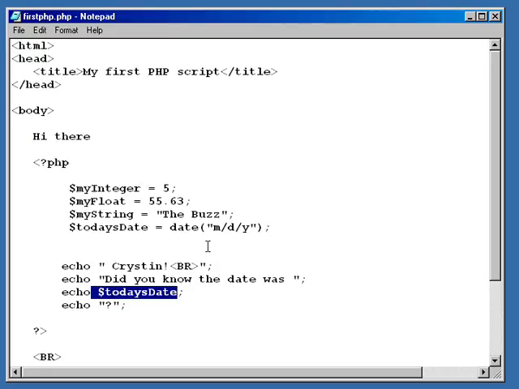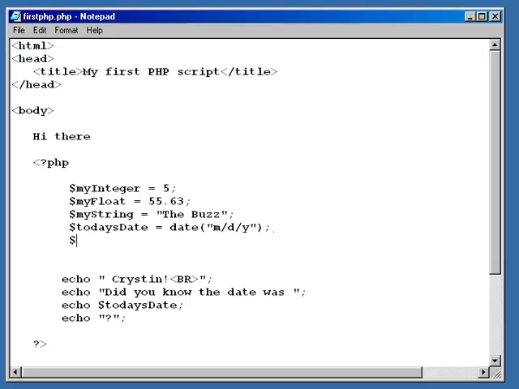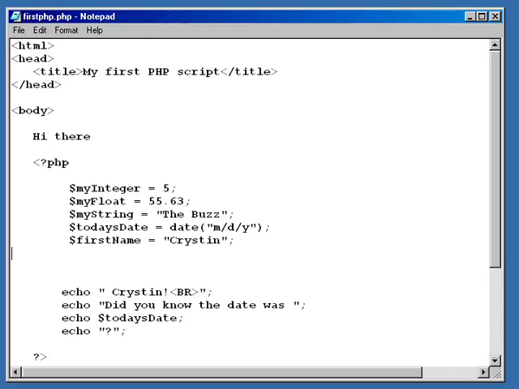Yeah. So you can see right here how I can actually print or echo information back out. I can do the same up here. Let's say I want to do $firstname equals Kristen. And let's go ahead and do last name equals,